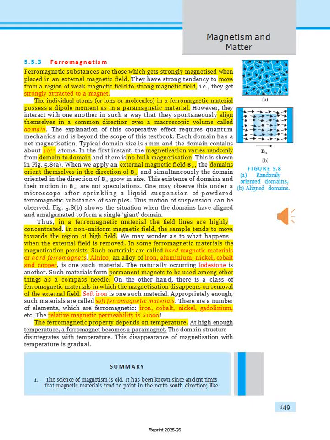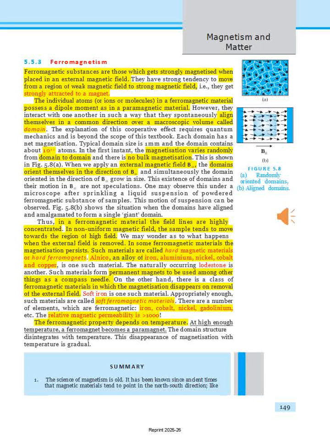Ferromagnetism. Ferromagnetic substances are those which get strongly magnetized when placed in an external magnetic field. They have a strong tendency to move from a region of weak magnetic field to strong magnetic field, that is, they get strongly attracted to a magnet. The individual atoms, or ions or molecules, in a ferromagnetic material possess a dipole moment as in a paramagnetic material. However, they interact with one another in such a way that they spontaneously align themselves in a common direction over